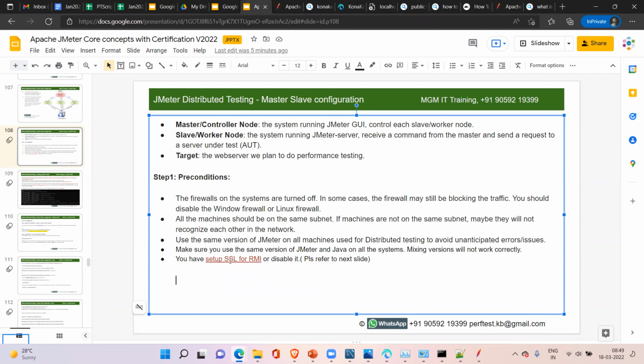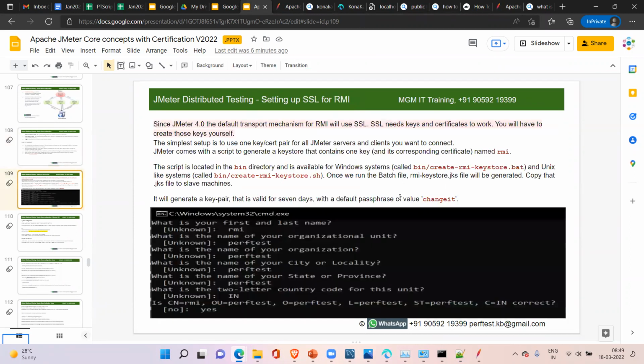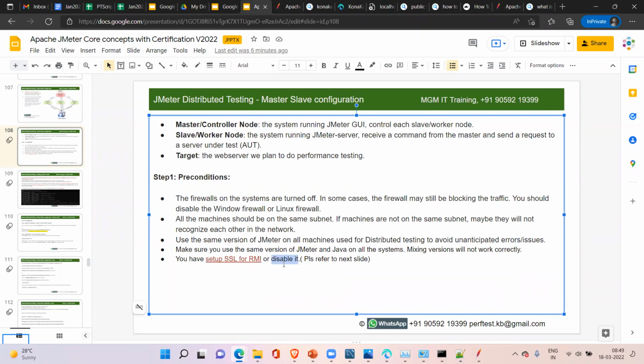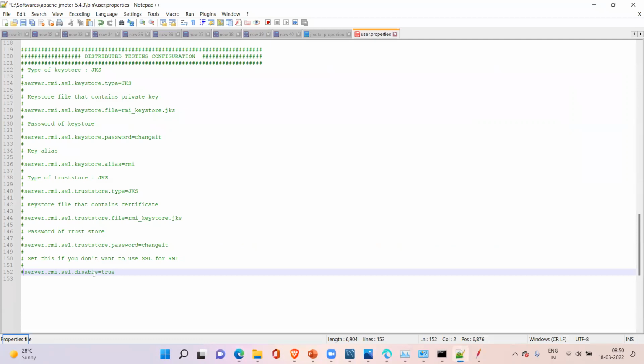Now, if you are setting up SSL for RMI, we have to create a JKS file and copy it to the slave machines. If you want to disable it, you have to disable it on all the machines. I did not try it, but simple common sense, right? So if we are disabling SSL, we have to copy this property on all the slave machines.